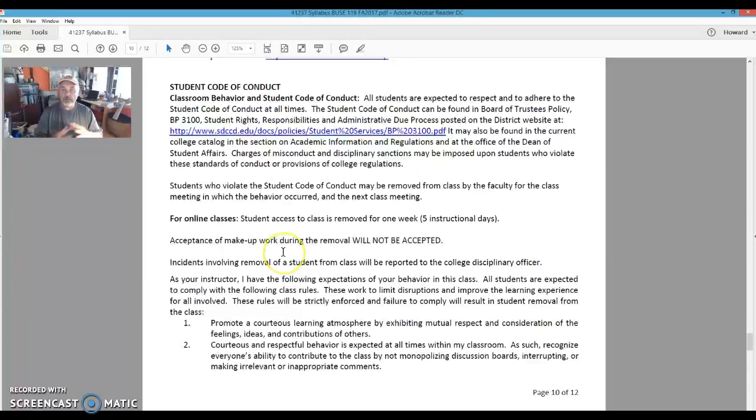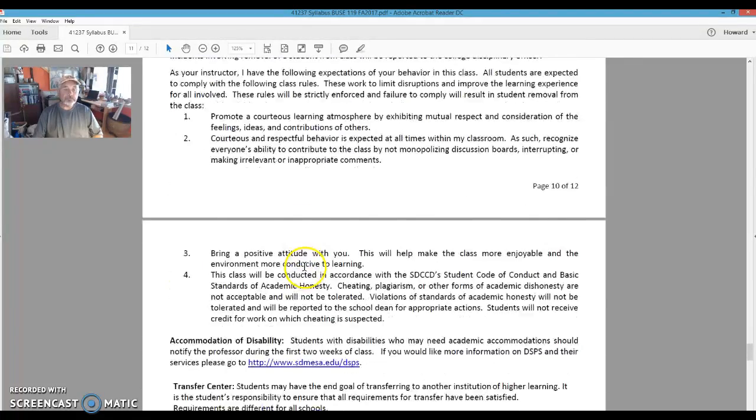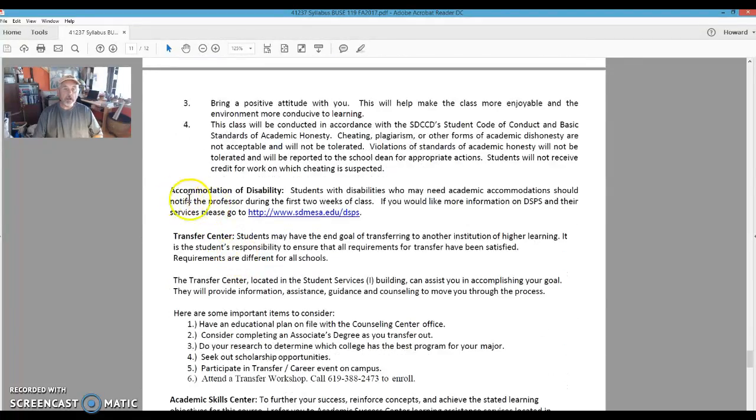Student conduct: we're all adults here. The major thing is just treat each other with respect and make sure that you're courteous. If there's a response in a Blackboard discussion board, make sure that you're respectful in your response. Accommodation for disabilities: if any of you have any concerns or need additional support in this class, you click this link. It will take